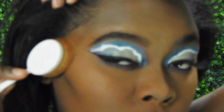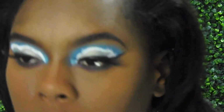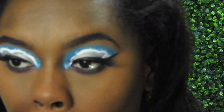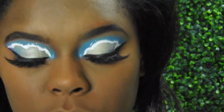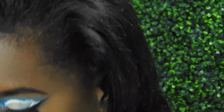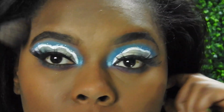And then I'm going in with my foundation and I'm just lightly, in a circular motion, brushing in everything so that it sets and it looks good. I'm dragging it underneath my chin because nothing is worse than looking like a clown. I'm just going all around. And now I'm going in with a little bit of a, I used way too much,